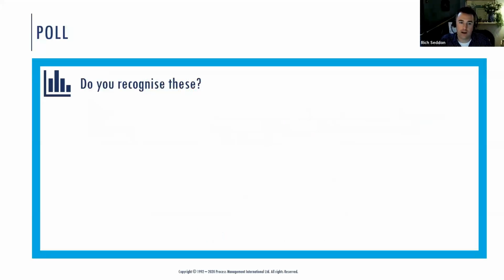So let's again move to a poll. Second poll here, and just see if you recognize these. Now, this isn't a mutually exclusive response. You can answer as many of these that apply. I'm just interested in getting a feel for this. It's a new poll for us. So in your organization,